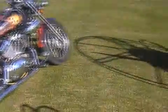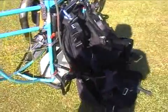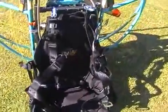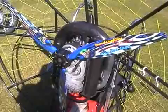So let's have a look at a few different paramotor designs. The harness setup can either be one where the supporting bars come under your arms and attach to the harness, as we're having a look at this one. And then if we have a look at this one, which is exactly the same engine, it's just got a